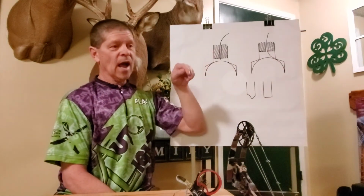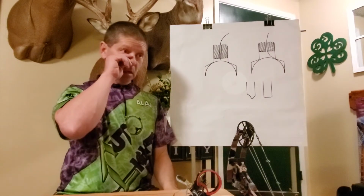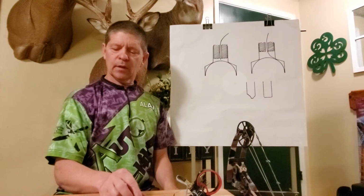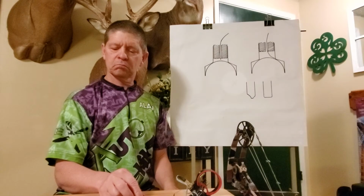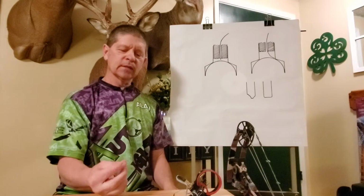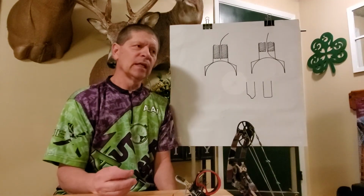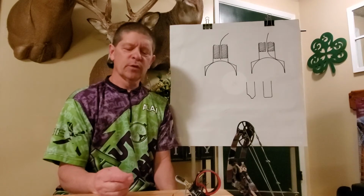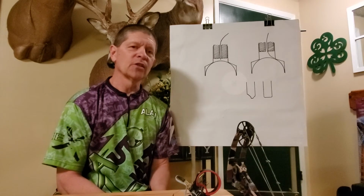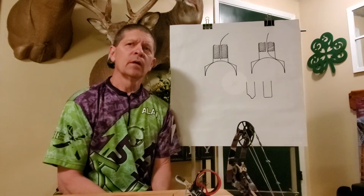Your fiber optic has to be where the light can see right in the end of it. It's going to make it a lot better. Next thing I want to talk about is fiber size. And when you're running optics, guys, everybody sees different colors differently. Their pin will look different to them. I've found as I started running more magnification in my scope, I liked a little bigger pin as far as